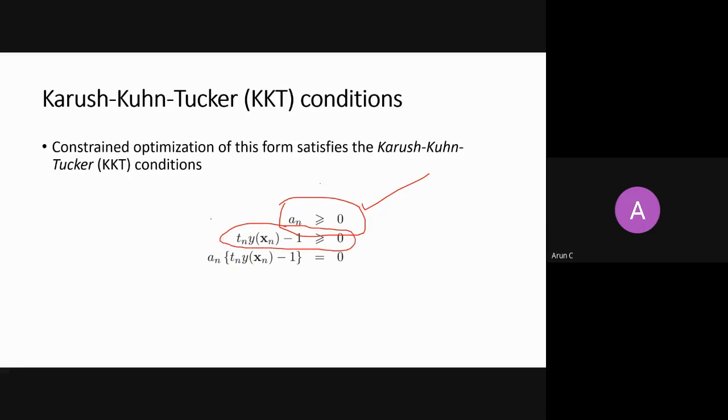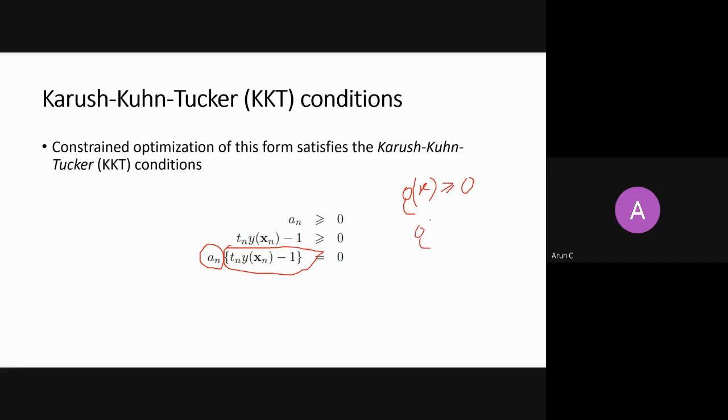The constraints should be satisfied. This is saying that the perpendicular distance should always be greater than or equal to 1. This is the second condition, which you have done intentionally. The third condition says that either your Lagrangian multiplier should be 0 or your g(x) should be 0. g(x) is a constraint here, and the constraint on g(x) was that it should be greater than or equal to 0. So if g(x) is 0, it means you are actually evaluating at the boundary condition.